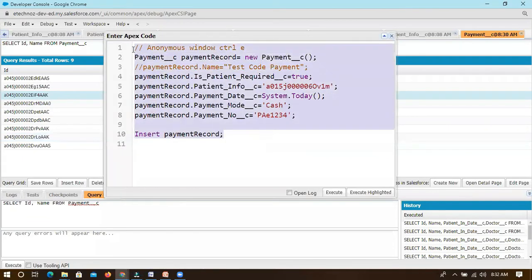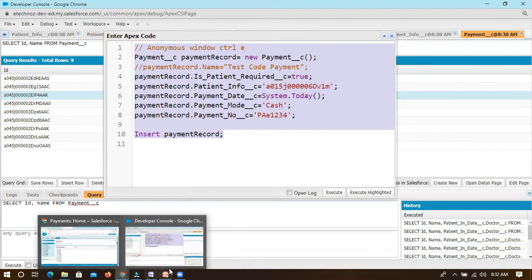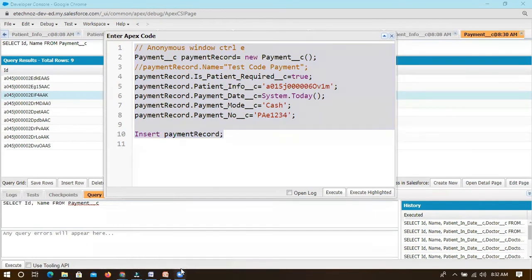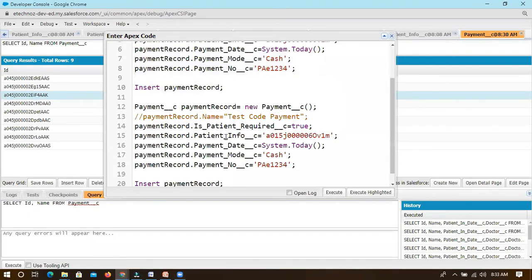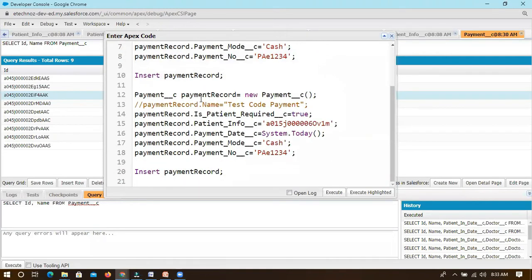I'm just copying this and sharing it, or you can take a screenshot so that you can also try how you can create it within the system. So copy this. I have copied it within the chatter. Likewise, if I want to create one more record, how will you create it? Just quickly tell me. Simple, copy paste only, right?